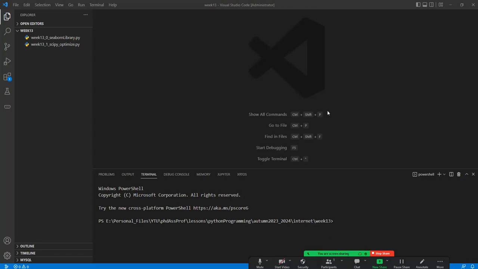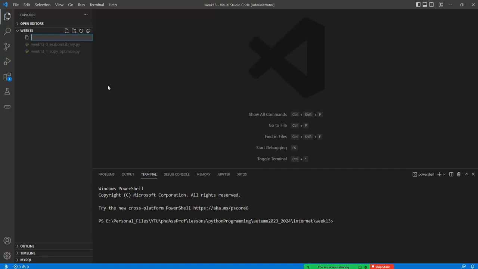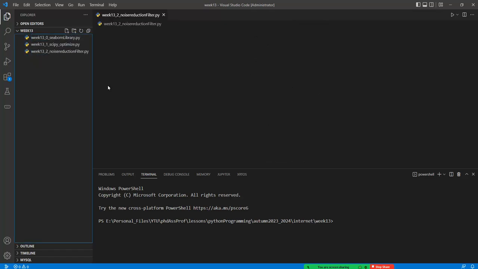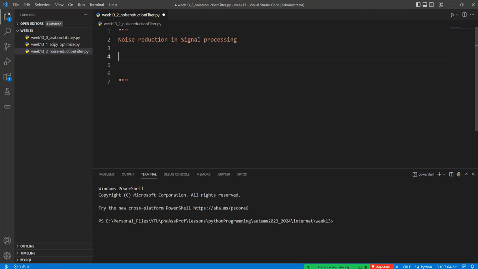Hi everyone. Today we are going to start filter design and statistical analysis in the Python programming language, using some basic libraries given in Python. So our topic is noise reduction in signal processing. And in real world applications,